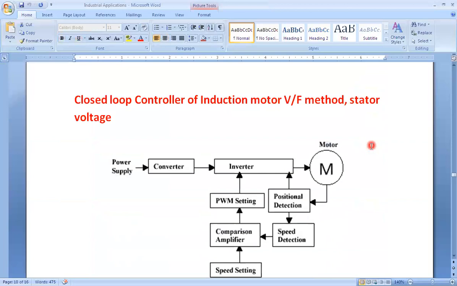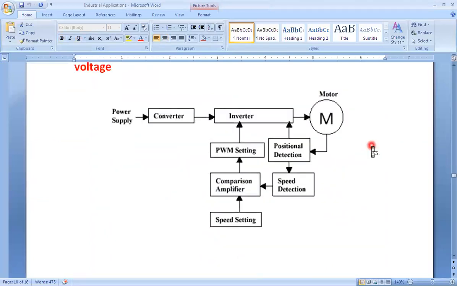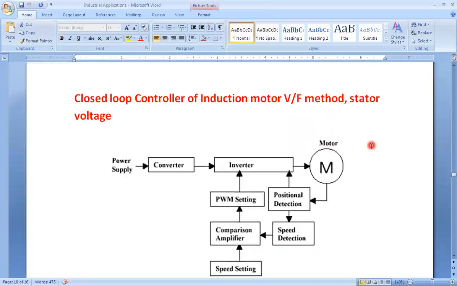Now the third application of phase control rectifier is in closed loop control of induction motor, with the variable frequency method or stator voltage control method, but it is completely closed loop, right? So which one is the more stable mechanism? Open loop system is more stable than the closed loop system. But here, as per the requirement of the speed and the voltage, we can set the required voltage or desired speed, and by triggering these inverters or by controlling the output voltage and frequency of the converters, we can control the speed as per the desire, and we can control the voltage also.